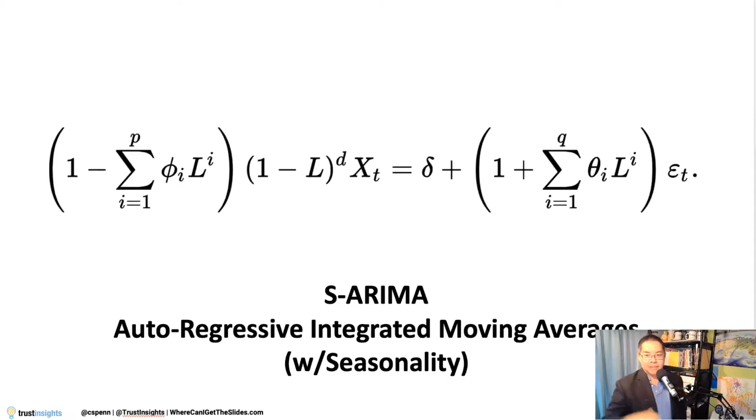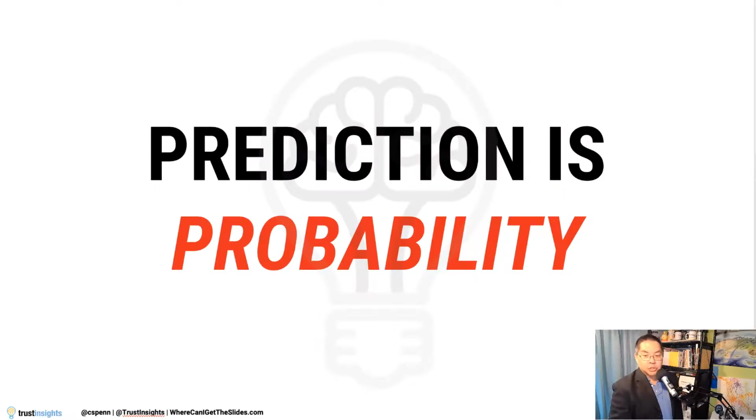You don't need to have this formula memorized to be able to understand the mathematics in order to do predictive analytics. But you do need to know that it is fundamentally about probability, the probability that something is going to happen. And the reason that's important is because there are some things you can't predict, right? There are certain events called black swans or anomalies or whatever, which there's no way you can forecast. Predictive analytics works best on things that are predictable, things that you know are likely to happen.